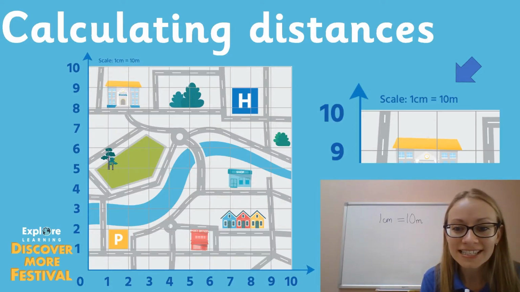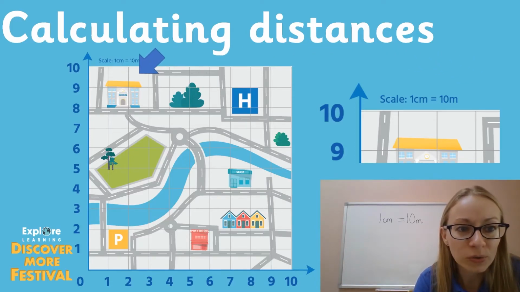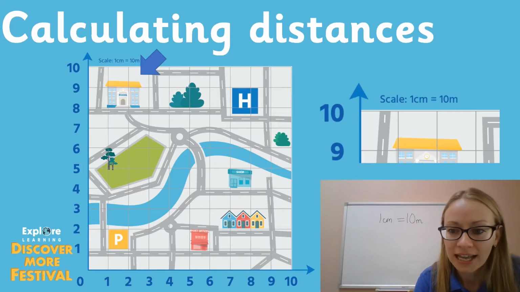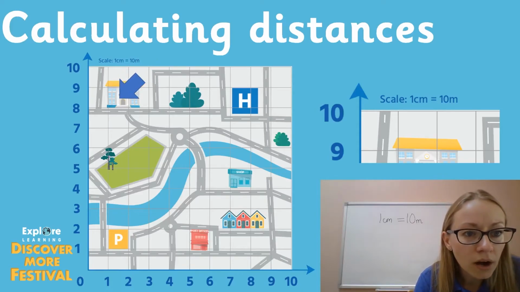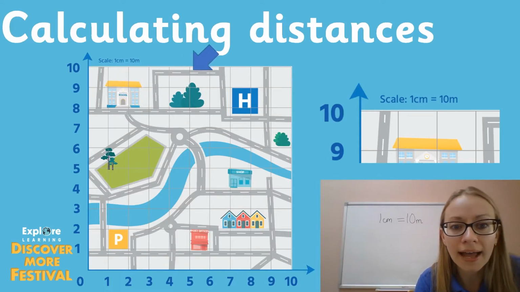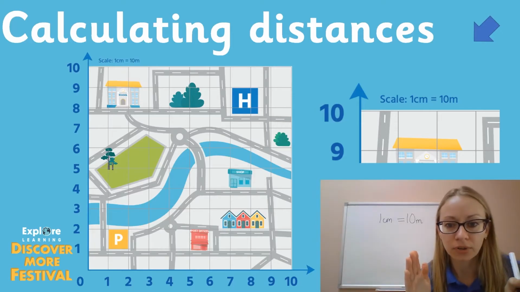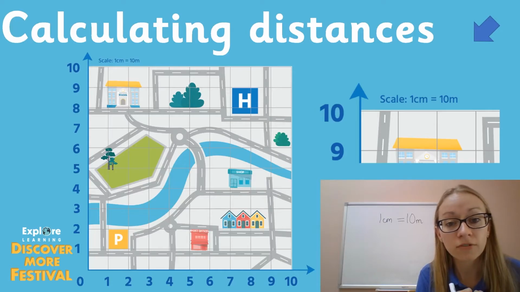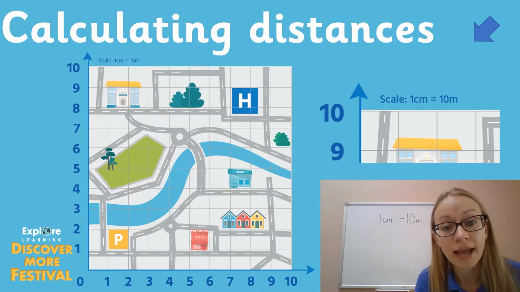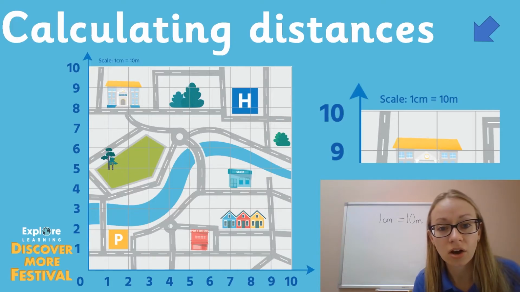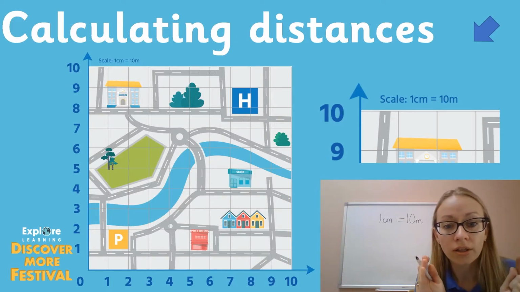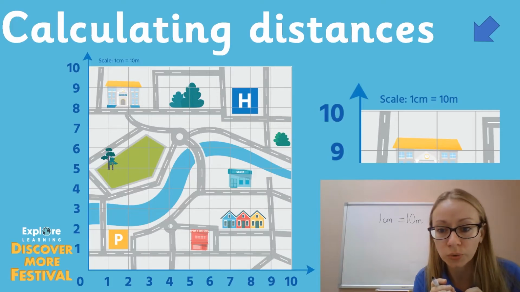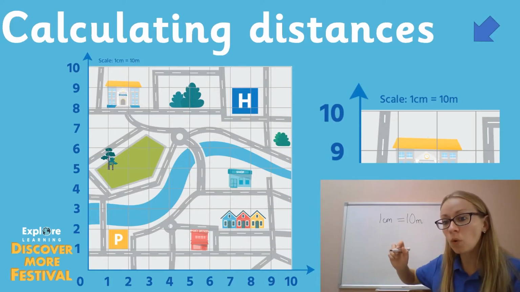Okay, what is the length of the school building? You remember from before, we've got the school building up here. Okay, and I can see that the school building is approximately 1.5 squares, grid squares wide. Okay. Now, one of our squares is a centimetre wide. So if we've got 1.5 squares wide, that means that it is 1.5 centimetres for the width on the map of the school. Okay, so let's pop that up here. 1.5